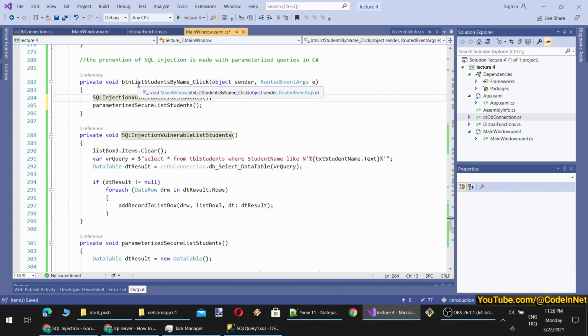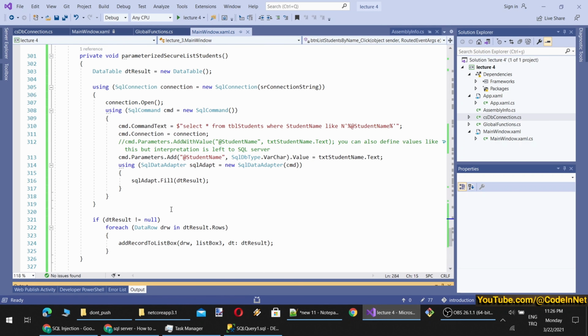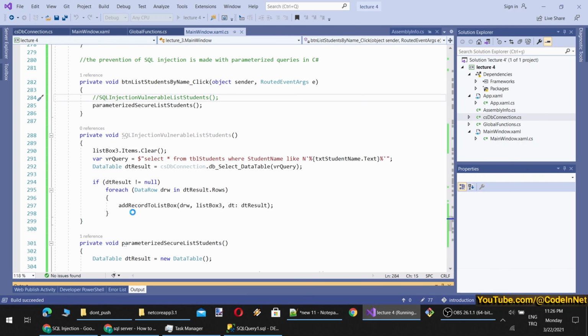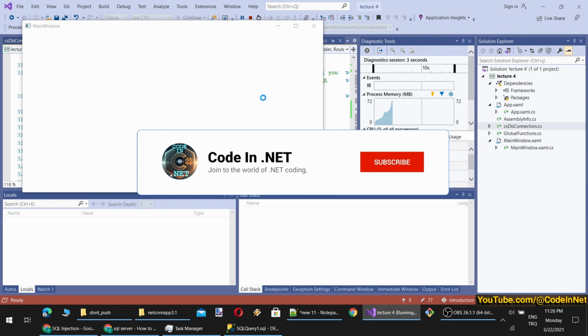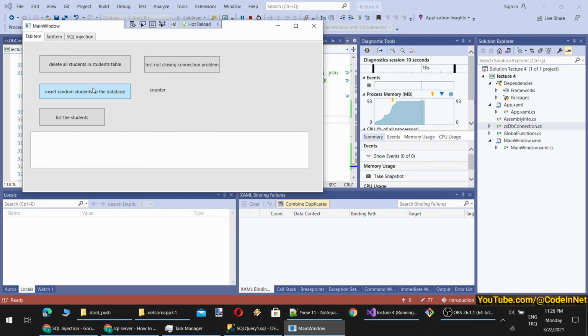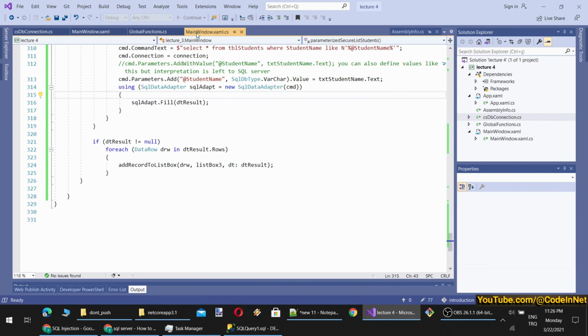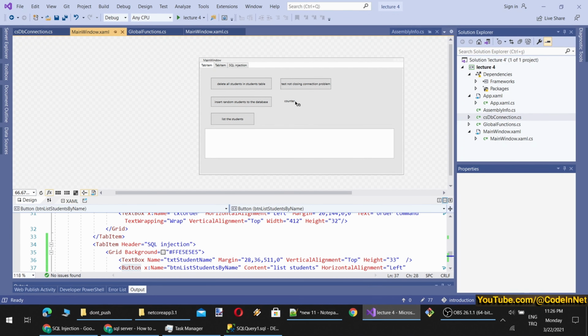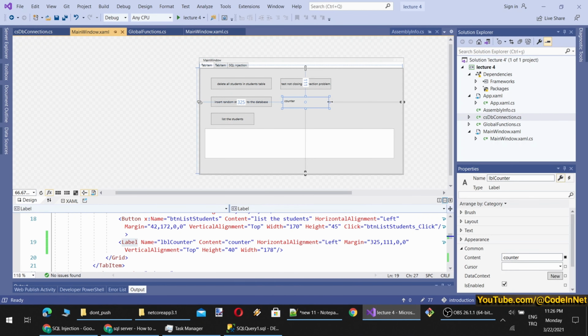Now let's try our method to delete students from the table like we did with the vulnerable code. And you know that varchar is the character type which is used for string. Okay, before we do that, we need to add some records. Now we are adding records to our database. You see, because of the label size, we can't see the entire code. So let's make this label bigger.